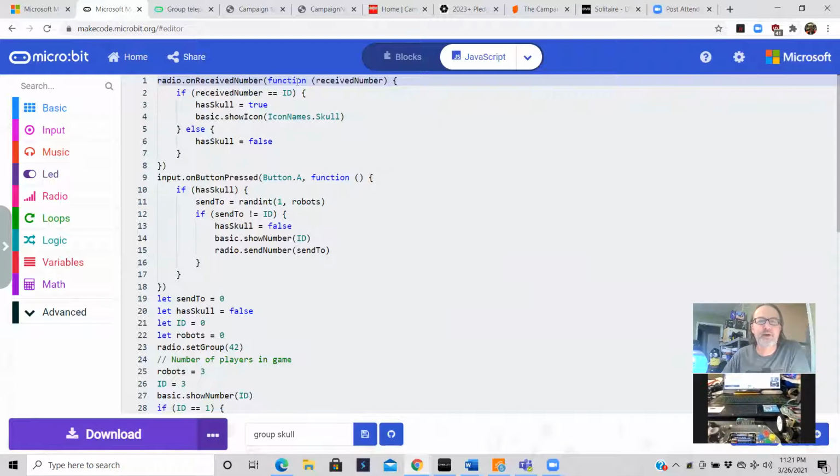We do this method call, and basically calling the function to receive number. We're passing the received number into the method and then evaluating the received number. If the received number is basically equal to the ID of the robot, then set Haskell to true. It means the MicroBit then has control of